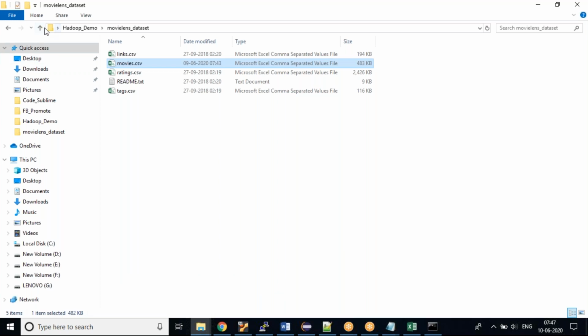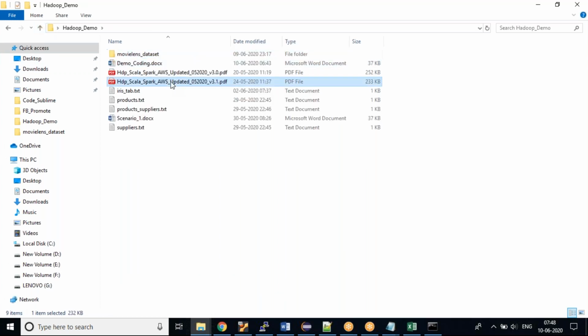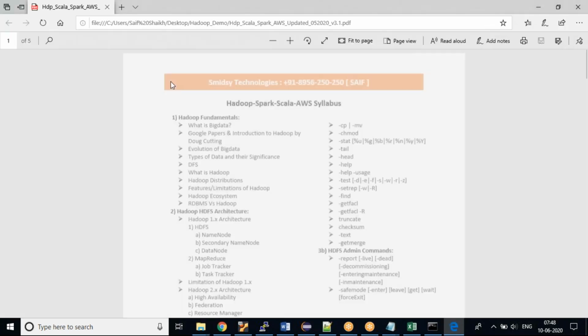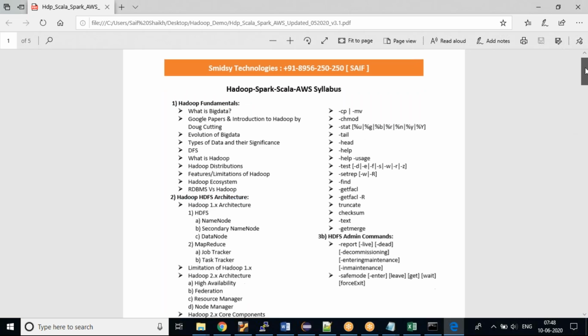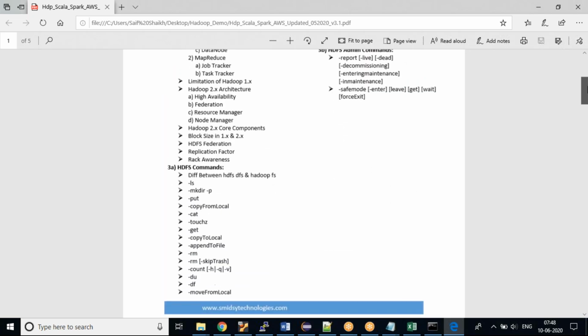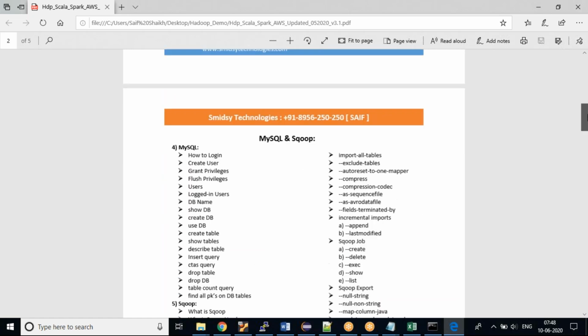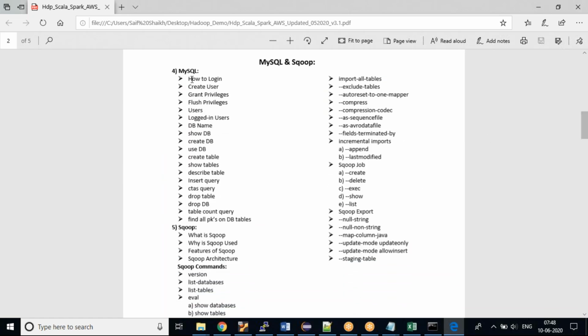This is actually my training program. All this I take care of right from the beginning, like Hadoop fundamentals. I would be covering the architecture, then all the HDFS commands. There are so many commands over here. Then we would be moving to MySQL and Sqoop.